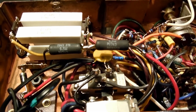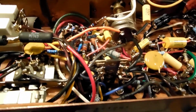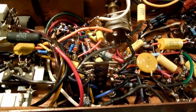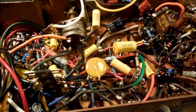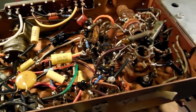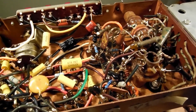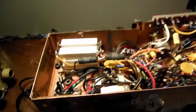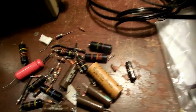It's 275 ohm. I didn't have 150 ohm. And the B plus voltage was right at, I think it was 105, 104 point something change, and 1.4 volts on the filament voltage. So here's a bunch of the components,